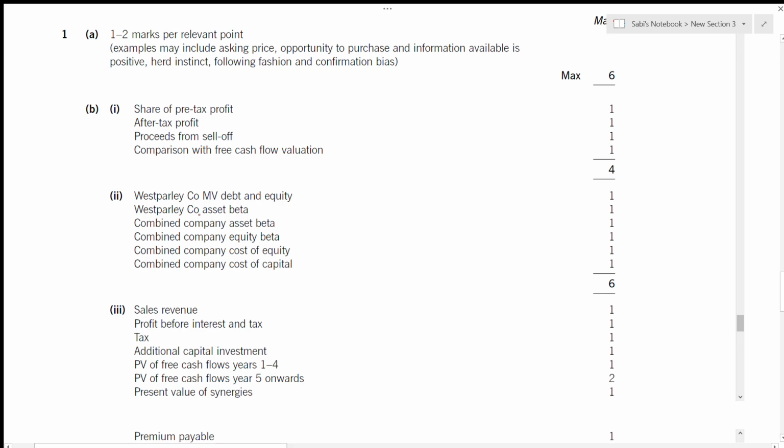West Parle's asset beta 1 mark, combined company's asset beta 1 mark, equity beta 1 mark, cost of equity 1 mark, cost of capital 1 mark. Each step needs to be shown. Then